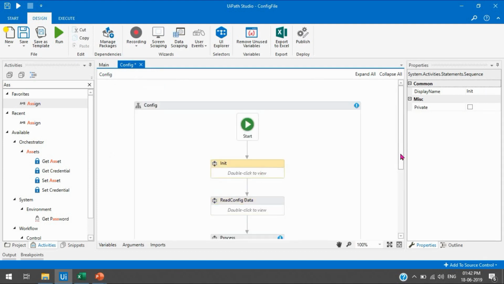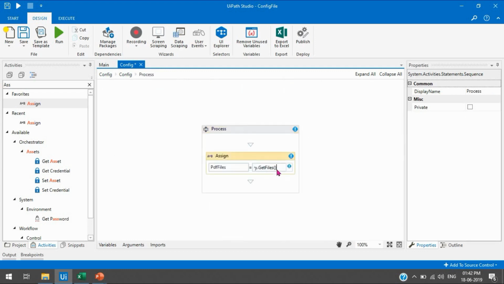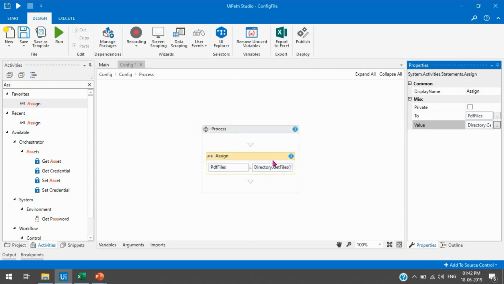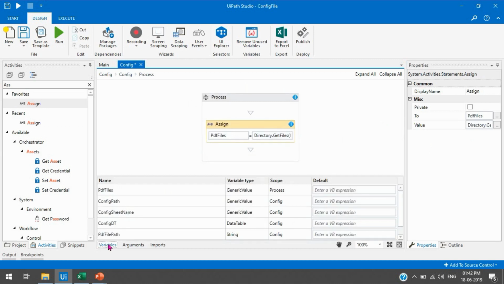So we'll take here PDF file path, and now okay. Here we are getting the System.String type. So PDF files should be System.String array.